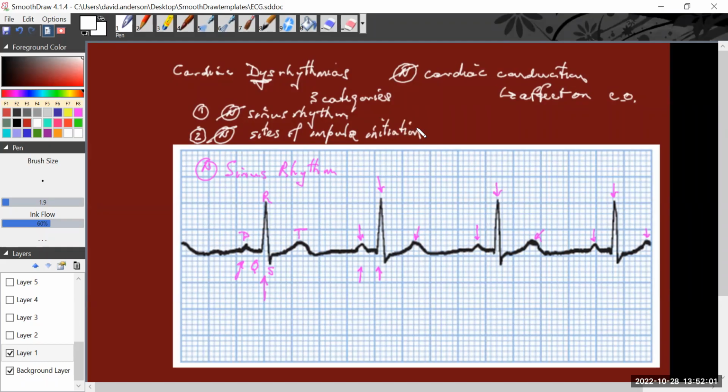So we go from the SA node to the AV node, from the AV node to the AV bundle. If we skip any of those pathways, that's what we're talking about. We're going to initiate an impulse from another location. It's going to interfere with this sequence. And then our third